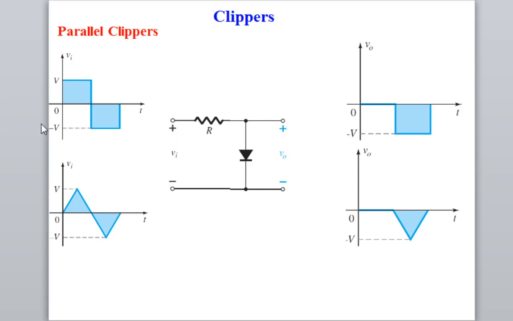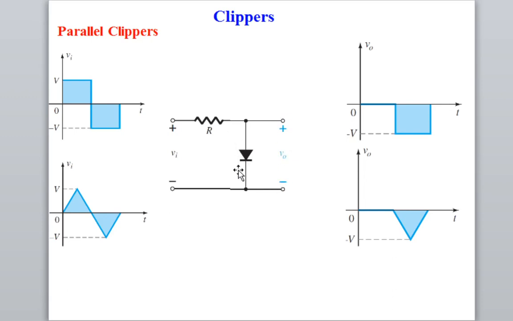So if you see this circuit, for the positive half cycle, 0 to V voltage is applied. Here the time period is not given; sometimes the time period or frequency of the input signal will be given. For this positive region, current will flow across the resistance and the diode will be in forward bias. You are asked to find the output voltage across the diode.